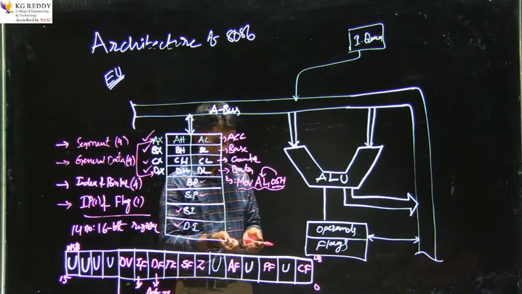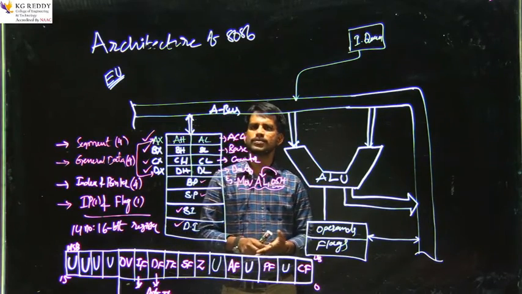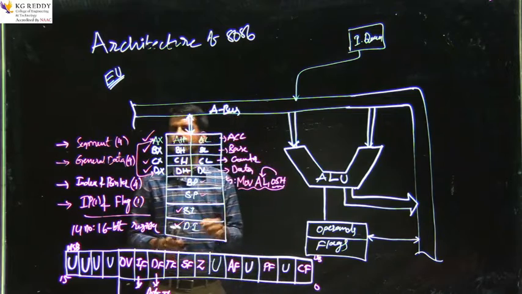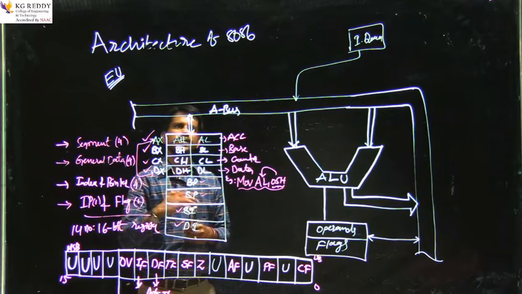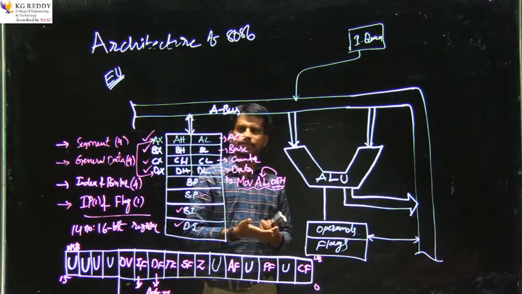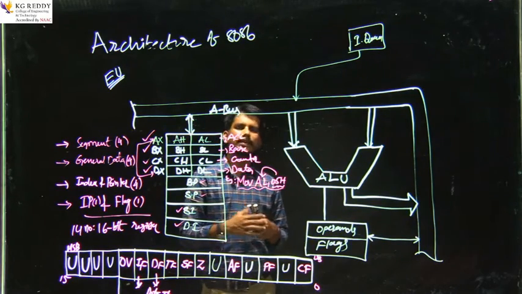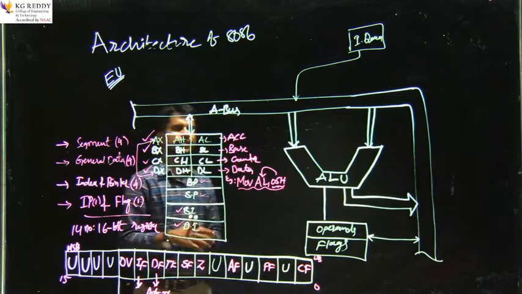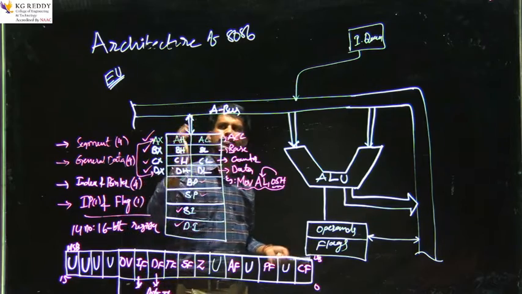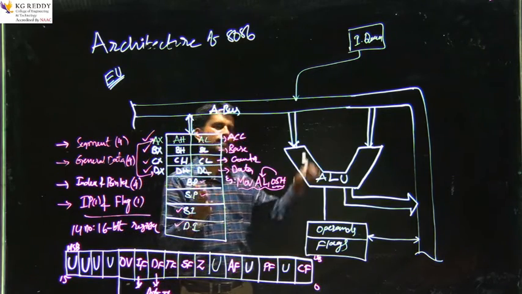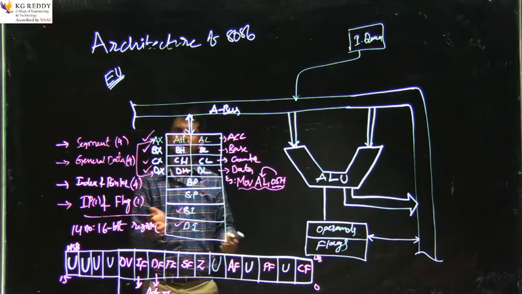Just a small discussion on why this 8086 processor is divided into two parts. The simple reason is that it follows the two-stage pipelining concept. What does two-stage pipelining mean? The pipelining concept is always discussed to boost or enhance the speed of operation of the system. If you execute one instruction and wait for it to complete, then give the second instruction, which again takes some time to complete, and then a third instruction, it is a long process and will take a long time to execute a single program.